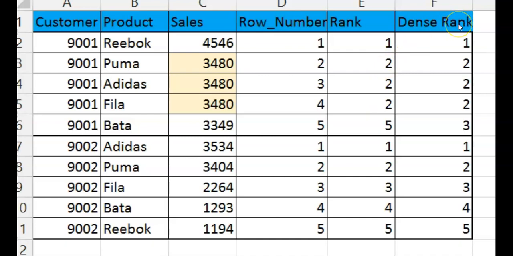Dense rank solves this problem in a different way. It will do the same task for different values, like we have in the second customer. It will assign a sequential rank based on highest value to lowest value. But in case of the first customer, where we have the same values against 3 brands, the highest value will get